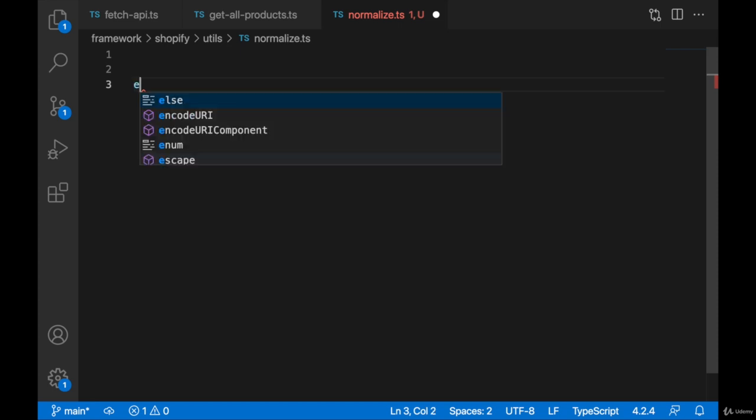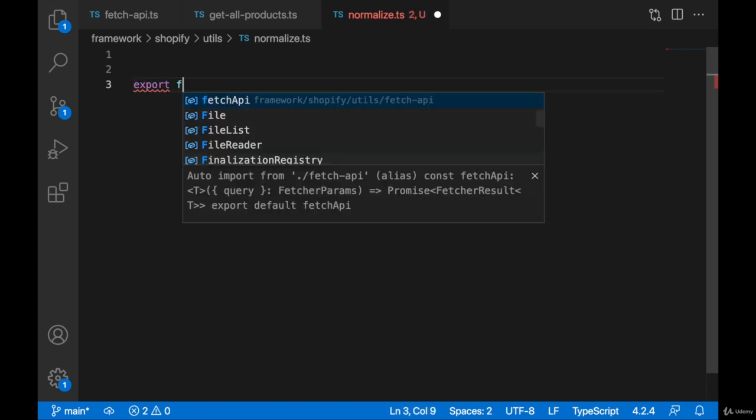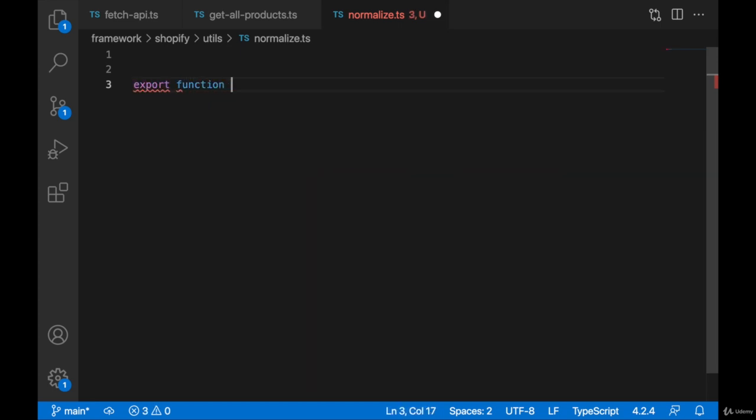We can export it straight away. Export function, we can call it normalizeProduct, right? What we will expect to receive here will be our product node, because we'll be passing the node here, and on this node will be the type of the product, and that's what we will be changing. Okay, so let's specify it. What we'll be expecting to receive here will be